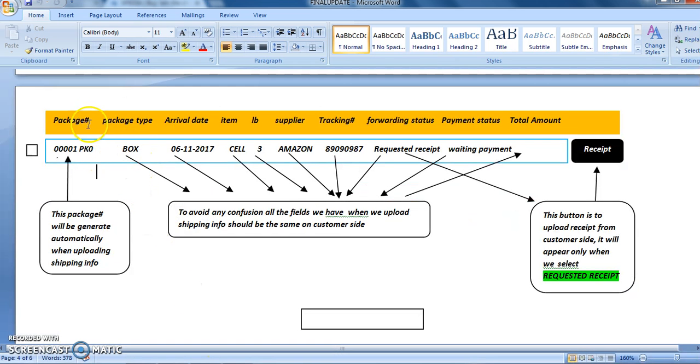Should be those tab here. You see, package number. This is generated automatically when we fill out the package from the shipping tab in the admin panel. It should be generated automatically, and the customer can also use that to track the package either on the outside of the